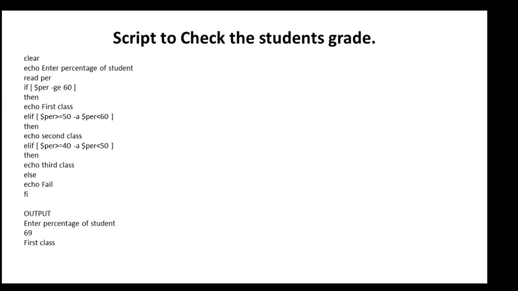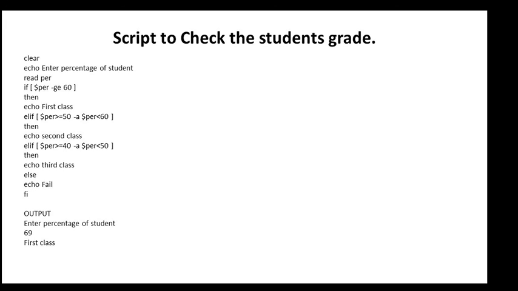Else if percentage is greater than or equal to 50 and percentage is less than 60, that is, if the percentage is in between 50 and 60, then it is second class. Else if percentage is greater than or equal to 40 and percentage is less than 50, if it is in between 40 and 50, then it is